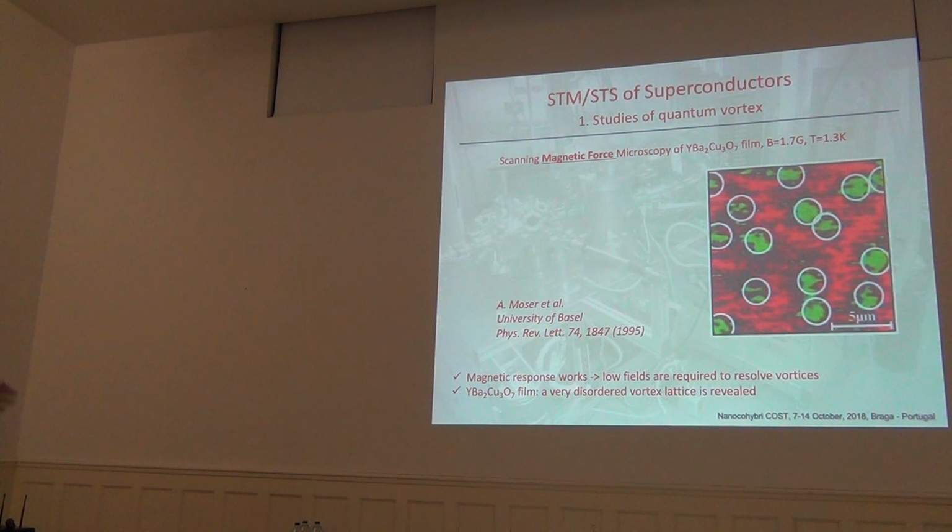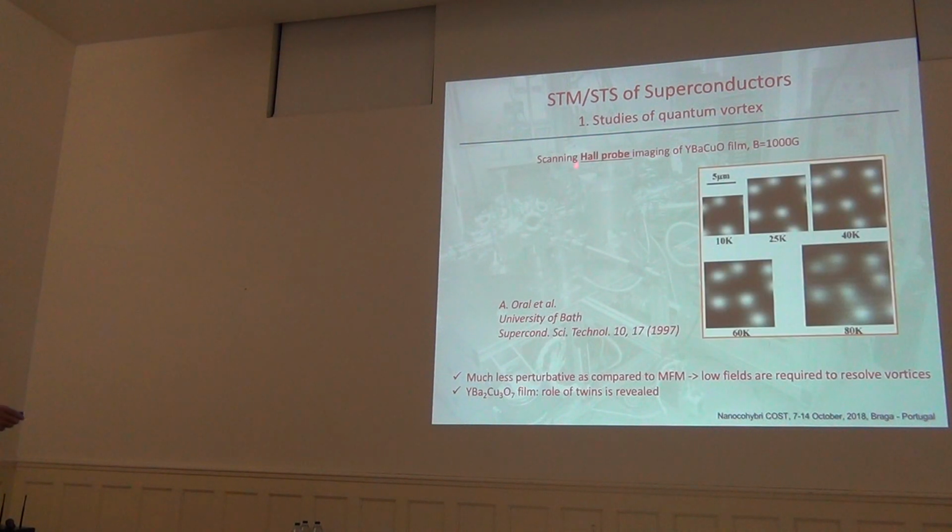STM had real trouble revealing vortices in high TC superconductors, for a reason that I will explain in 2 minutes. And of course, then scanning Hall probe, this was done in Bath by a group of our MC member, Simon,